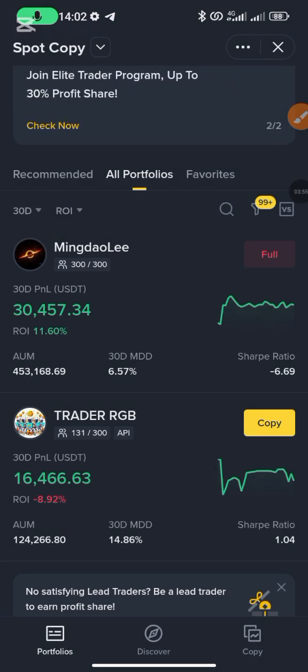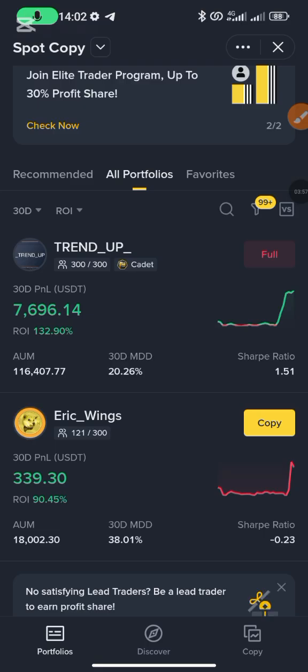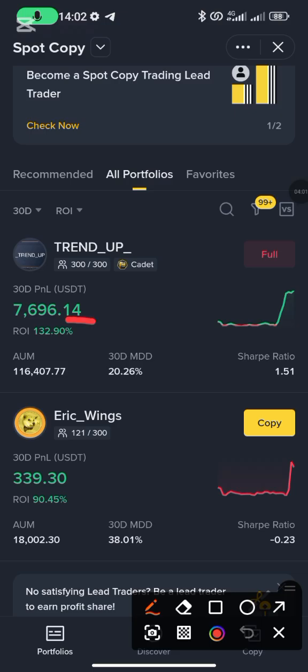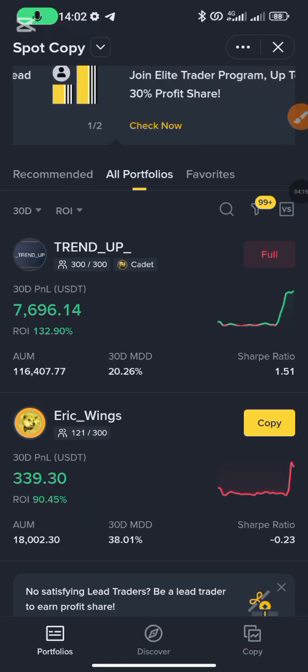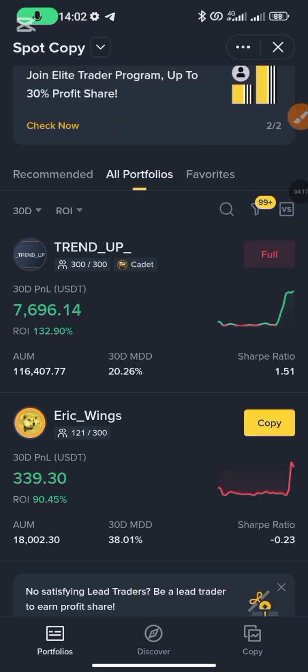Now we're sorting based on return on investment. As you can see here, this person has had a return on investment of 132%, followed by this person that has 90%. What I focus on when I filter for someone to copy his trade,